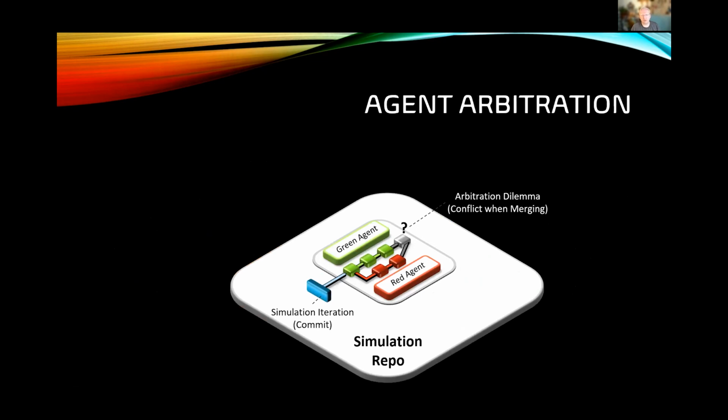With the agent arbitration, the problem that I've never really been satisfied with in the current agent simulation frameworks is if one agent wants to make a change to the environment, let's say in this example, they want to modify that gray block at the end. If the green agent wants to make it green and the red agent wants to make it red, who should win? So there's a conflict when you want to merge their 2 approaches, their 2 algorithms.